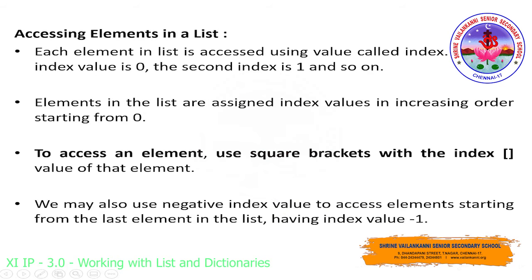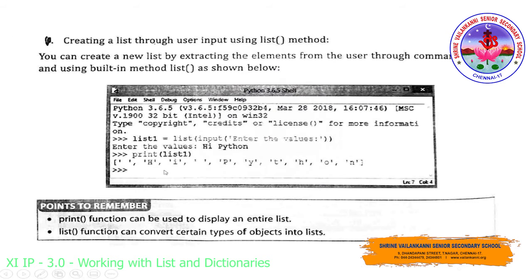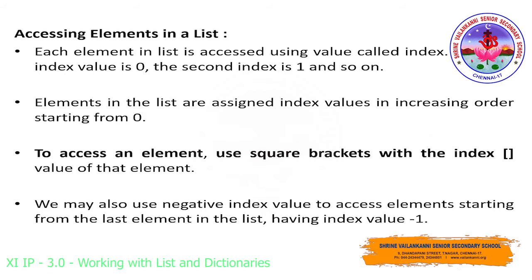And now let us see how to access the elements in a list. So here we have discussed so far how to access the entire elements of the list. But if I wanted to access only one particular element from the list, I have to make use of the index position, I have told you. In the string concept we have discussed how all the characters get stored in the different slots, and we will make use of the index position to access each and every element. In the same form we will be accessing the elements in the list also.